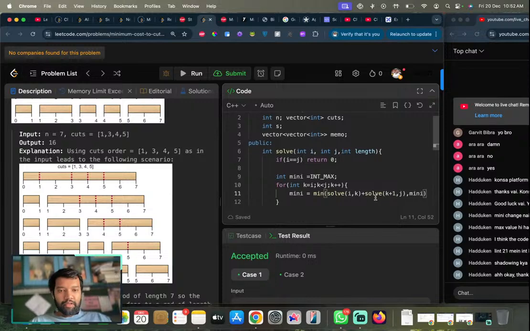Cool. Now, how do we find length? Comma, if I make a partition here, to the left side, the length would be